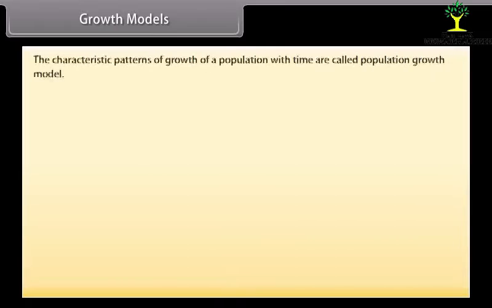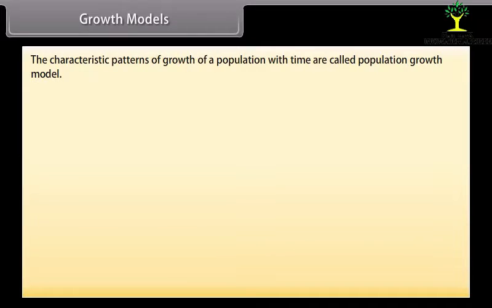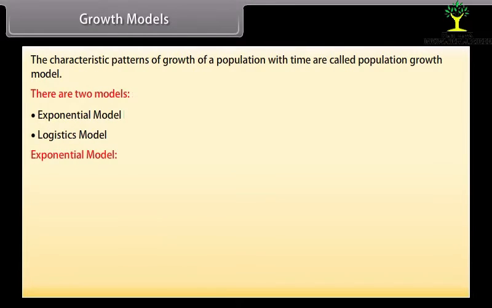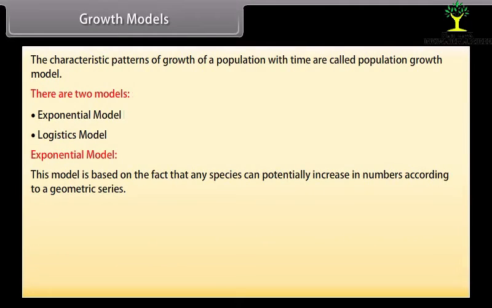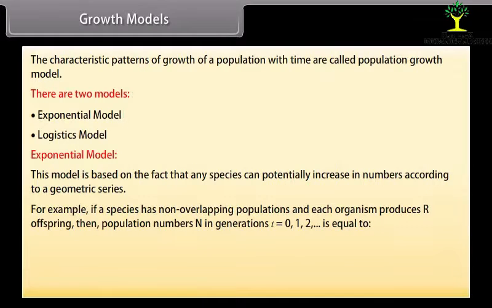Growth models. The characteristic patterns of growth of a population with time are called population growth models. There are two models: exponential model and logistic model. Exponential model. This model is based on the fact that any species can potentially increase in numbers according to a geometric series. For example, if a species has non-overlapping populations and each organism produces R offspring, then population numbers N in generations t equal to 0, 1, 2, and so on is equal to